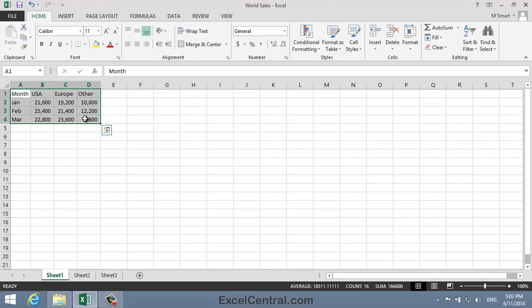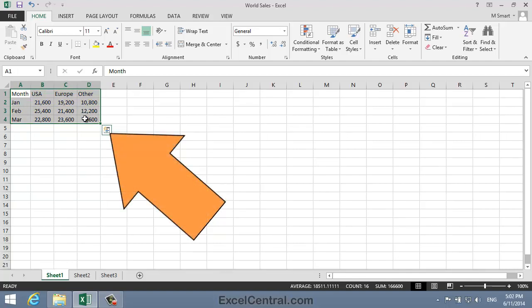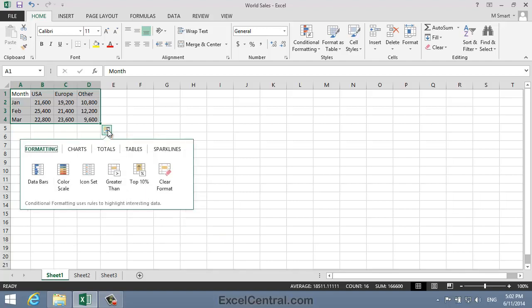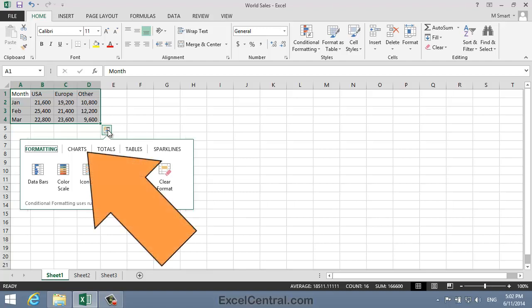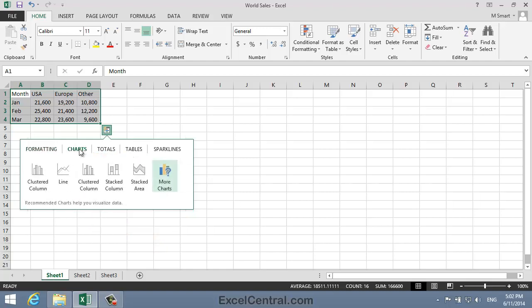Whenever you select a range of cells, a Quick Analysis button appears just outside the bottom right corner of the selected range. When you click the Quick Analysis button, the Quick Analysis dialog appears. One of the menu options on this dialog is Charts, and when you click Charts, you're presented with a choice of 5 recommended charts for the range selected.